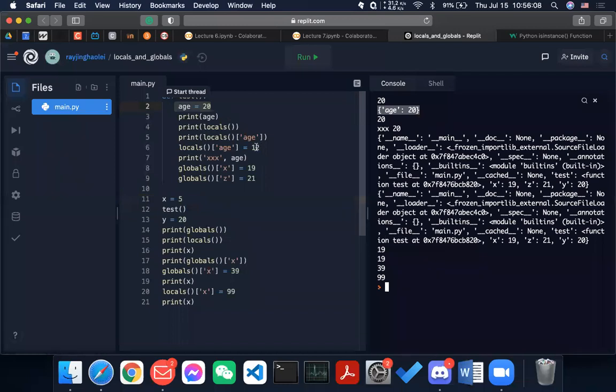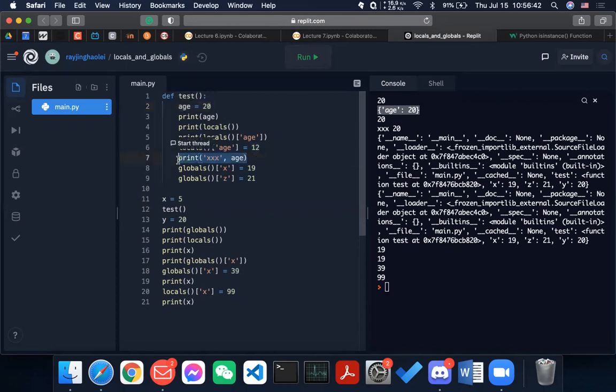Okay. It is sort of assigning the value for a local variable, and you try to print that again. Interestingly, that did not work. So yeah, I think in Python this does not work. So you cannot assign or update a value to a local variable. Okay, but